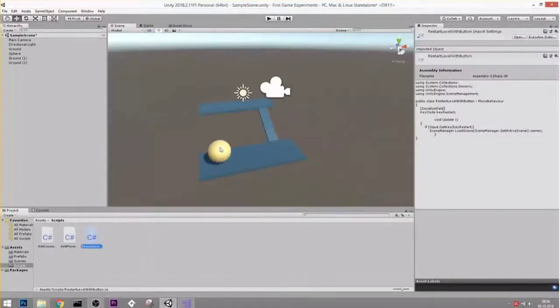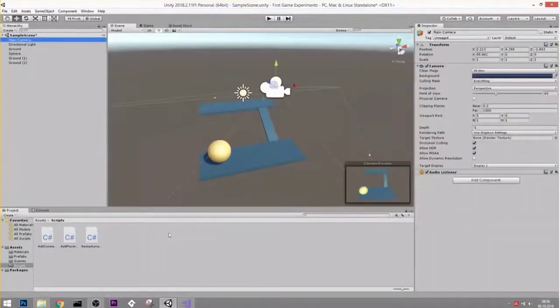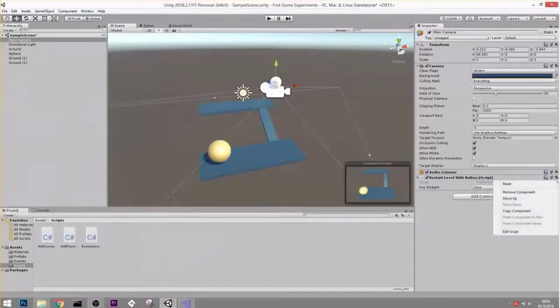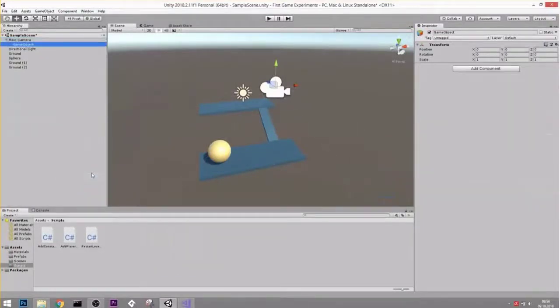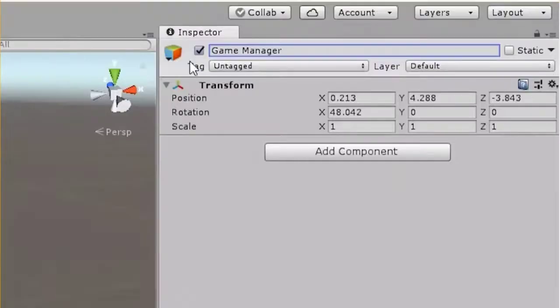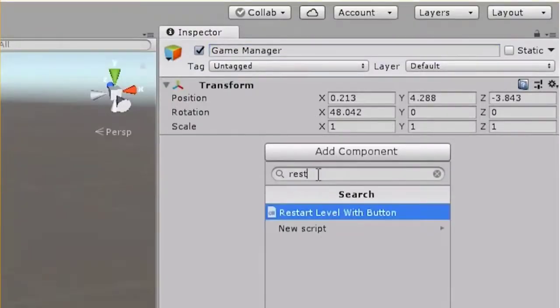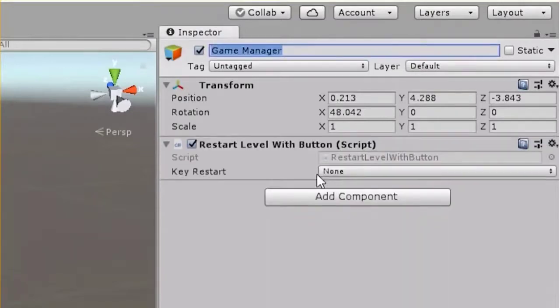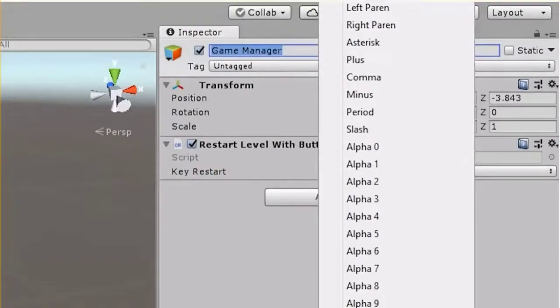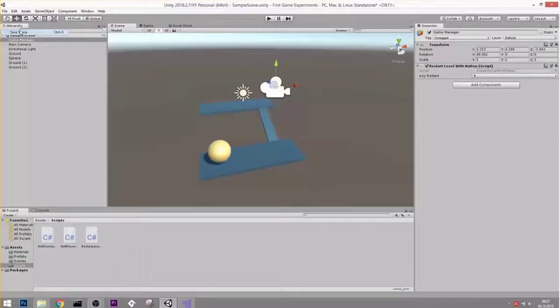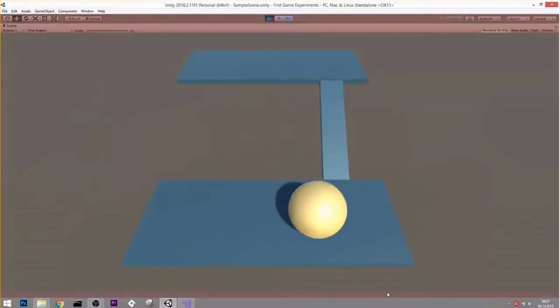And we couldn't put that either on the sphere. I'm just gonna put it onto the camera because we only have one of these. You know what? If you wanna keep it super clean, just make a new empty object and call it something like Game Manager, and then let's add our restart level with button script onto that. I wanna be able to restart the level with the button R. Here we go. Save scene. So now whenever we hit R,